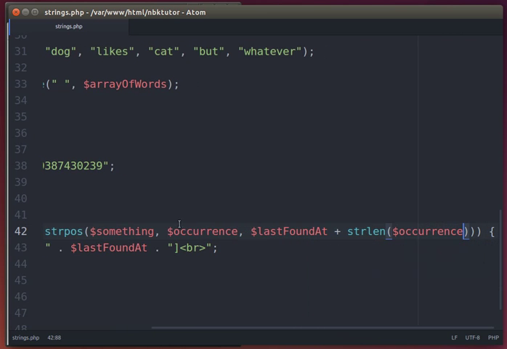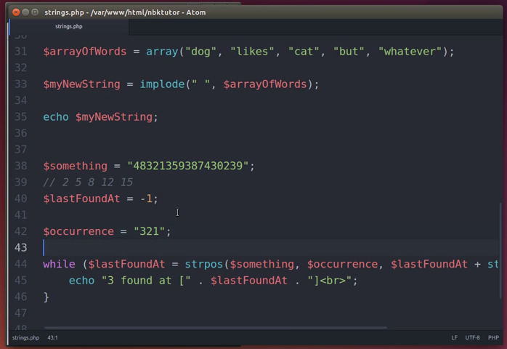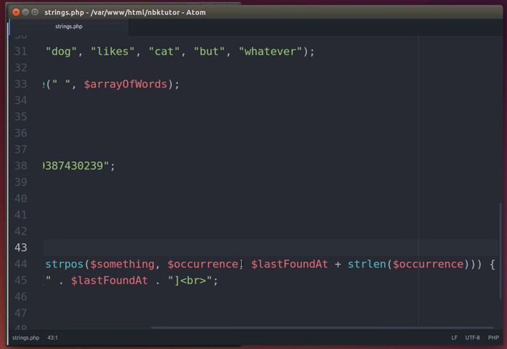So the occurrence, if you set it up here, let's say occurrence is 321. That's size 3, right? There's 3 characters, and it's going to look for that 321, and you want to add strlen of the occurrence. It's going to be 3, so it's going to add 3 to the last found